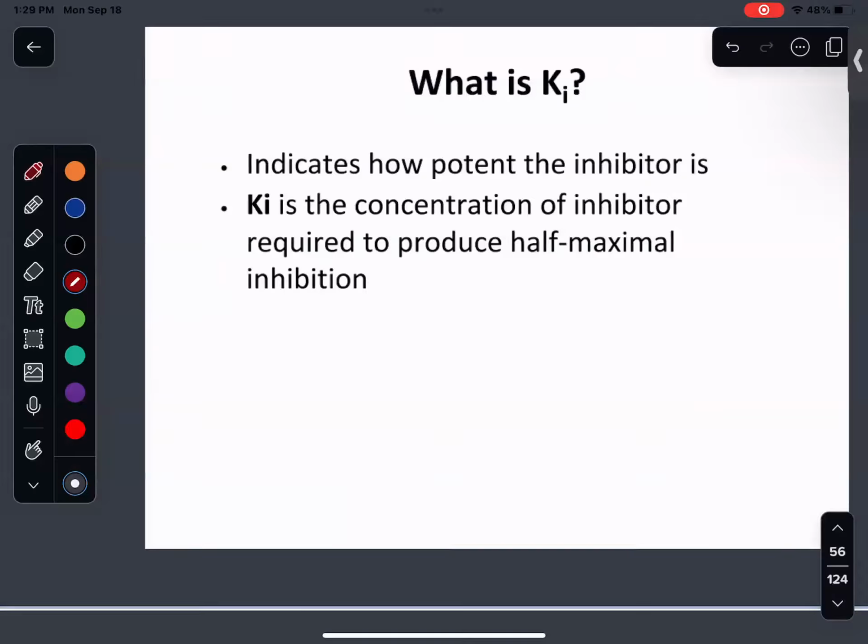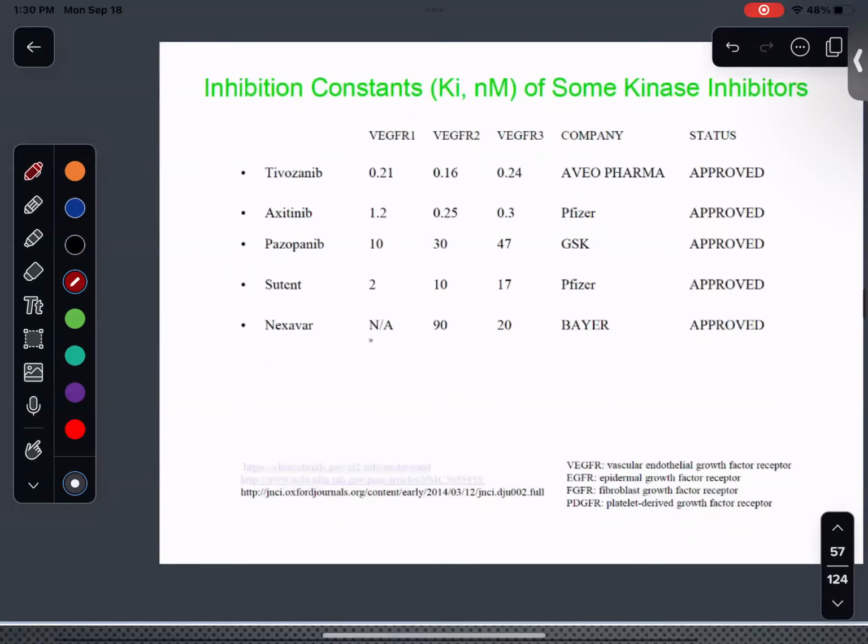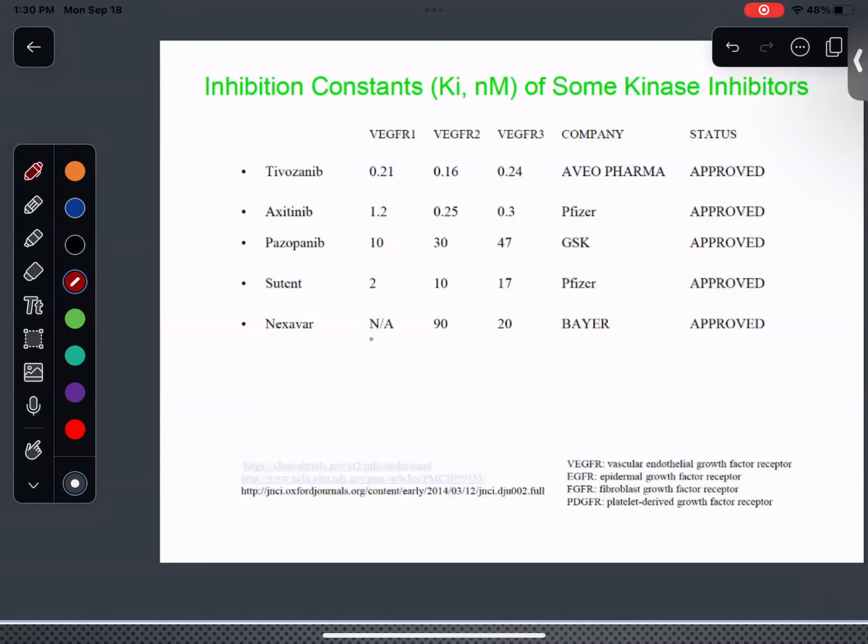Potency. Ki, think potency. Think how hard is this inhibitor going to hit? Yeah. So we're looking at a very potent inhibitor if we see that a small amount can yield a large response. Okay. And I want you guys to look at this table and try to tell me, will a lower Ki or a higher Ki indicate a stronger inhibitor, a more potent inhibitor? Lower. Yeah, the lower the Ki, the stronger the inhibitor. Absolutely right. Yes. So if you have a lower Ki, take a look at these here.